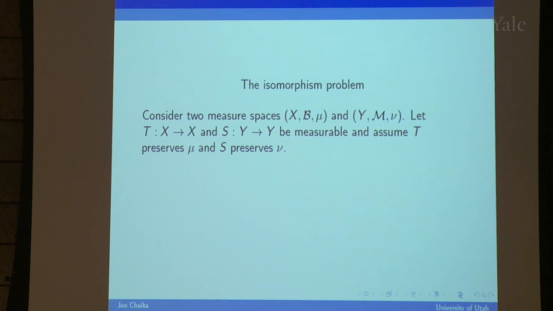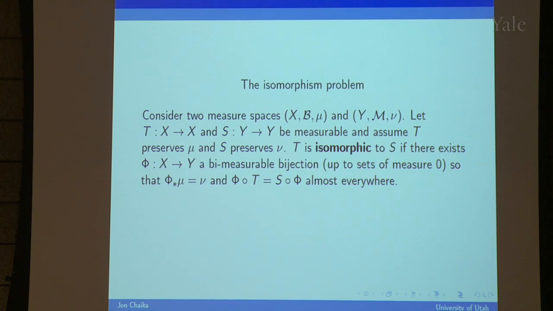So we're given two dynamical systems, (T, X, mu) and (S, Y, nu). T maps the space X to itself, and S maps the space Y to itself. T preserves mu, and S preserves nu. And the question is, when are they actually the same? So what does the same mean? So if they're the same, it means that you have